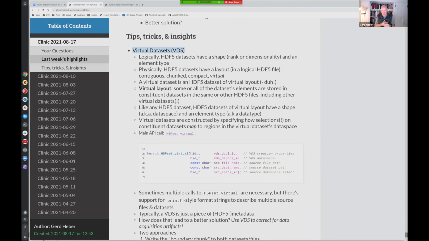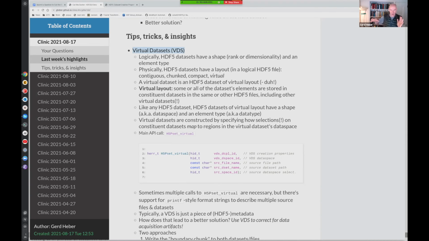Virtual layout basically means that if we have that data set, the elements are not necessarily stored in that data set in question, but rather they can be in, call them constituent data sets, and these constituent data sets can reside in the same HDF5 file or in other HDF5 files.